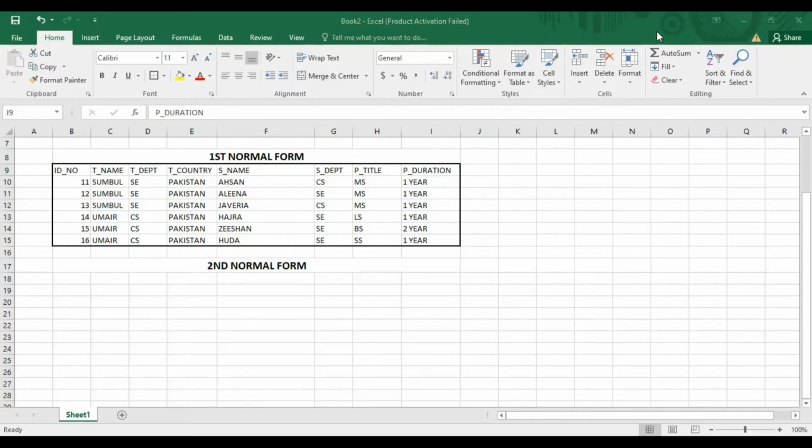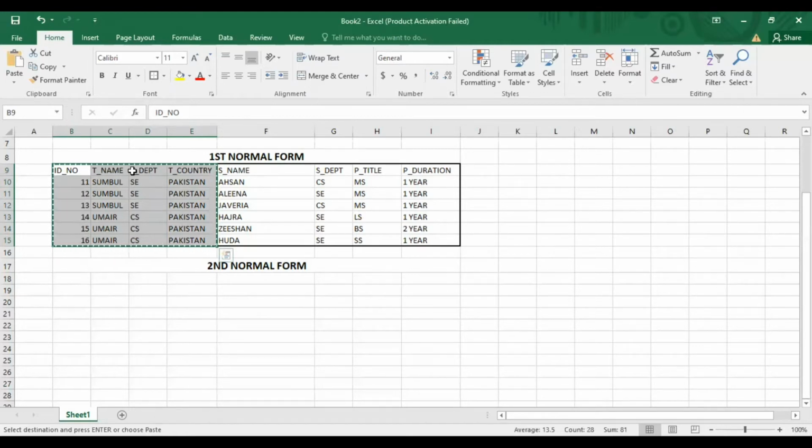So we have to get rid of functional dependency. Here you can see the student depends on this one, so we will create a different table for that. Let's separate them, because this is one entity and this is another entity.